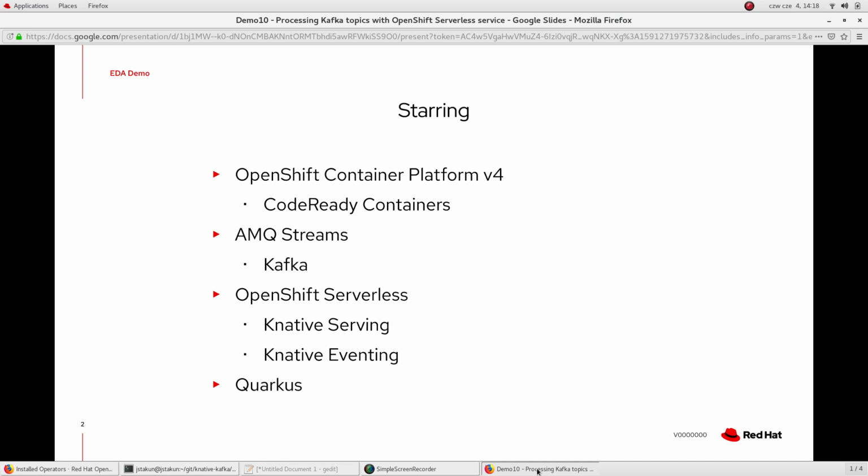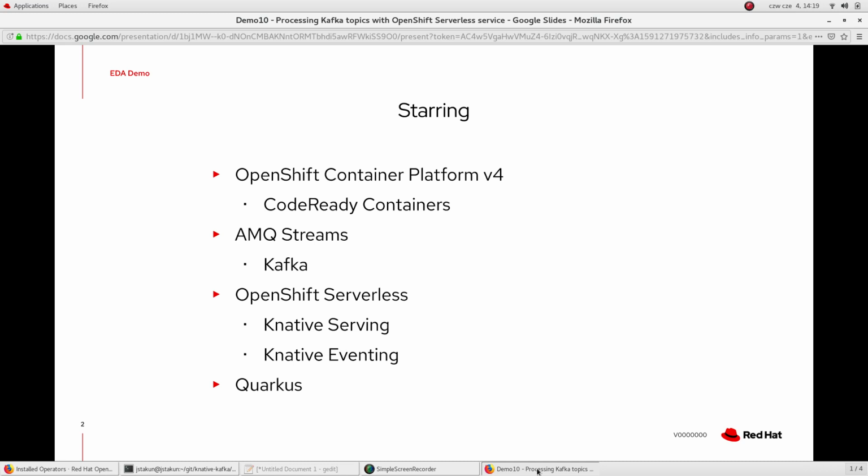Then I will also use the AMQ Streams operator, which provides me the Kafka cluster capabilities for OpenShift, and the OpenShift Serverless components, which provide me both the Knative Serving and Knative Eventing capabilities for building the dynamic serverless services that will process the data